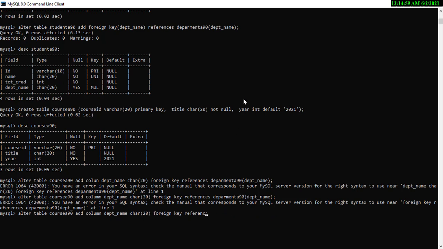Foreign key has to be applied after the declaration of the column itself.